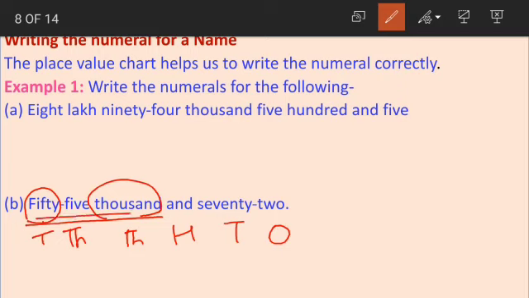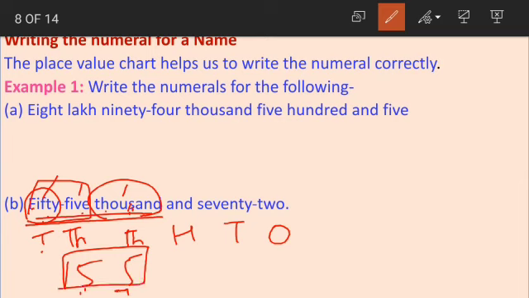55,072. Now the 55,000, how can we write? As I said, you can simply write 55 in thousands period, or you can go for 50,000 means 5. Now 5 in 10,000s place becomes 50,000s, and then 5,000s means its face value is 5. 5 is to be written in thousands place. So you can solve it in these two ways. You can solve 50,000 separately and 5,000 separately, or you can simply write 55 in the thousands period. Then we have 72.